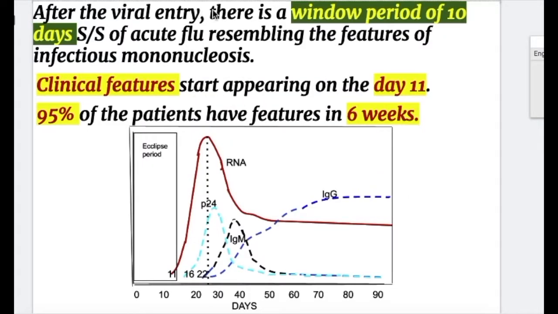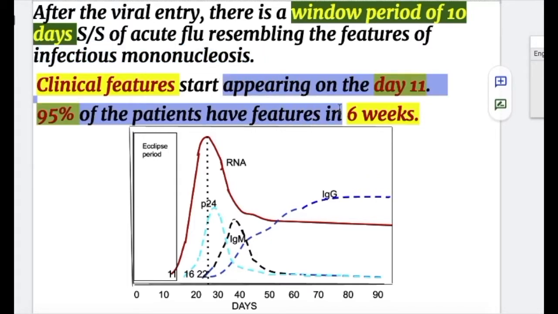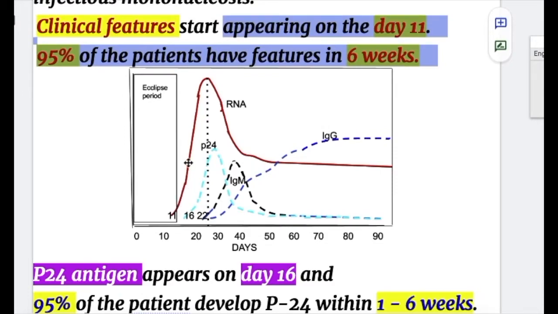After the viral entry, there is a window period of 10 days. Signs and symptoms of acute flu resemble the features of infectious mononucleosis. Clinical features start appearing on day 11, and 95% of the patients have features in 6 weeks. So here at day 11, the clinical features start appearing and reach a peak, and then antigen P24 appears on day 16